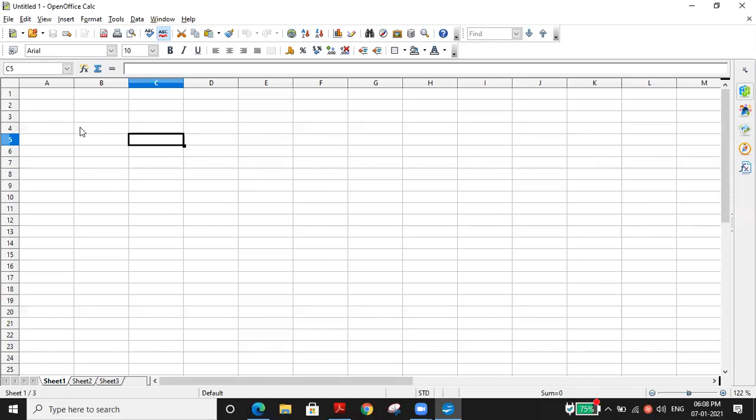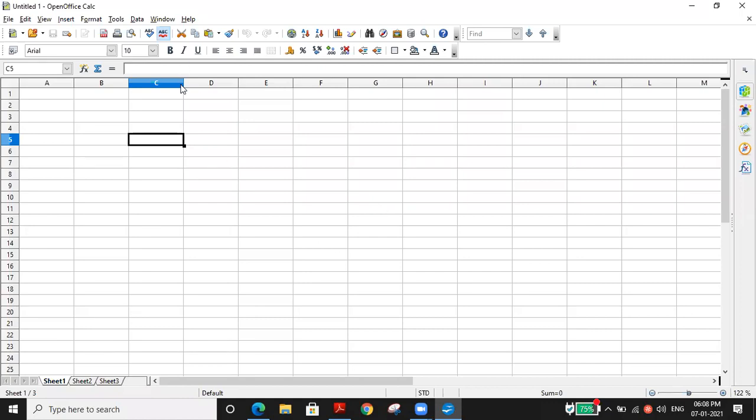Now we are going to create a hyperlink, how to create one in order to access another file, how to open or access another file. Let me tell you. Just click on any cell. For example, here I just click a cell. Which cell have I clicked? Can you tell the name of the cell which I have clicked? C5, sir. Very good.